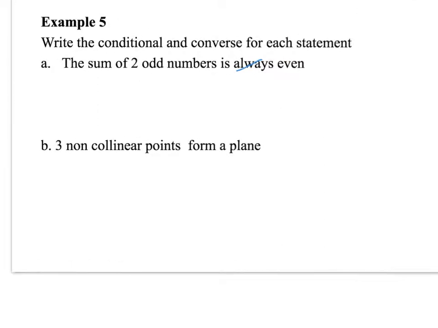All right, write the conditional and the converse for each statement. So I want you to take a look at it. Can you figure out what the if is and what the then is? Once you get the if and the then, you could write the converse. So let's do the if. So what are we ifing? If the sum of two odd numbers, I'll just use the symbol for numbers. If this,